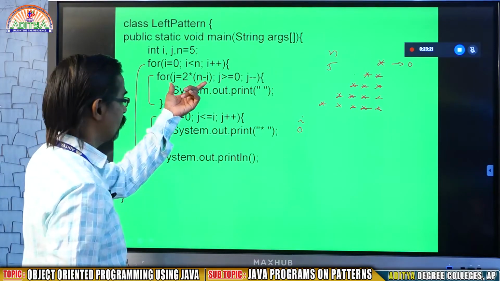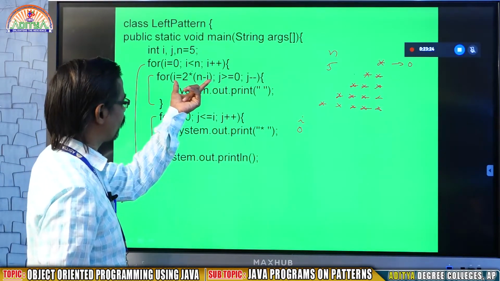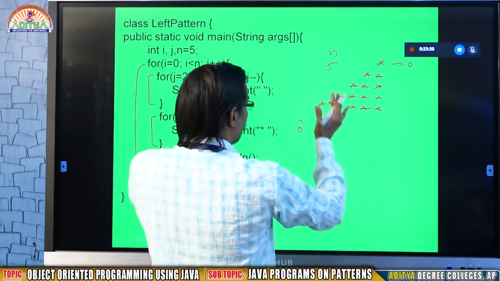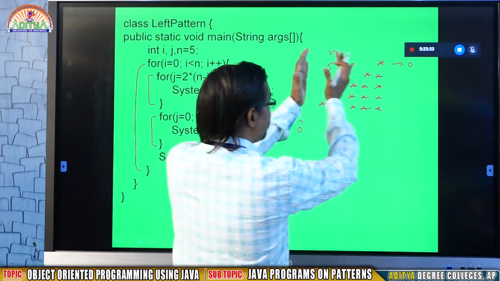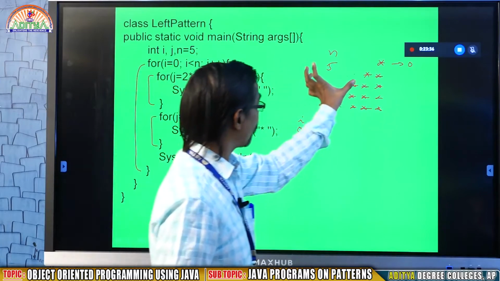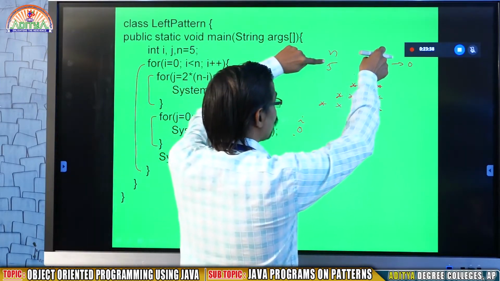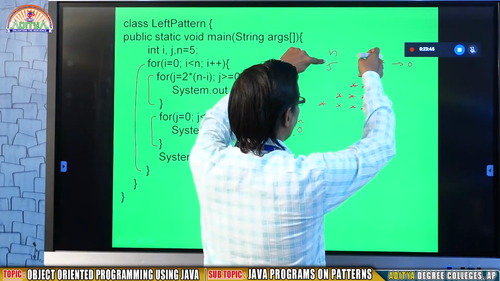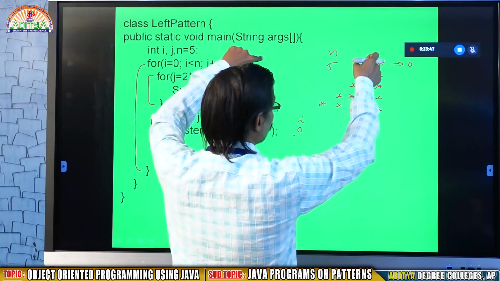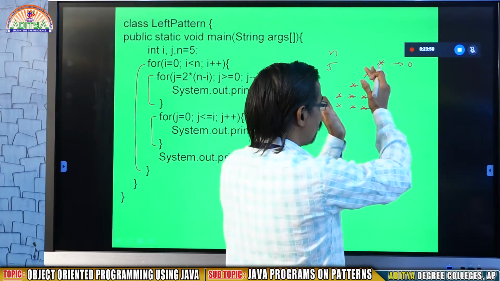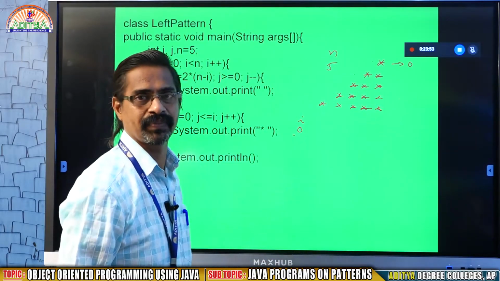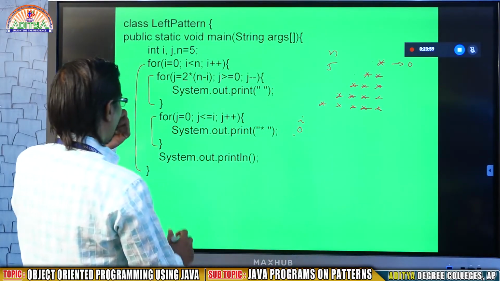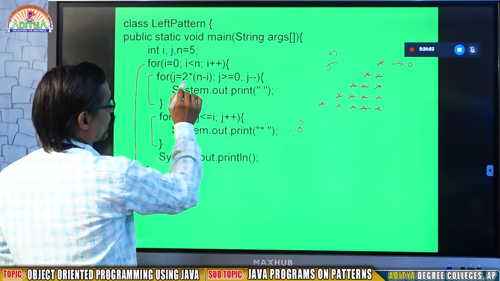Here, it is not required to give the initial value from this place. Why did I give it? On my monitor, instead of showing this pattern on the left side, I need it in the center. I need this pattern in the center of the screen. That's why here, instead of 5, I am generating 10 spaces. What will happen? If I give 5, the output will come like this. If I give 10 spaces, this triangle will move to the right side, so that this shape or triangle will be printed in the center of the screen.